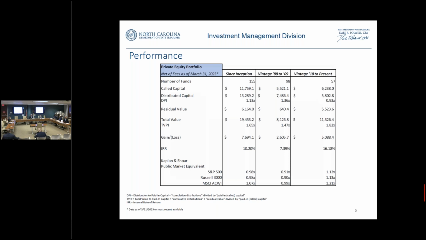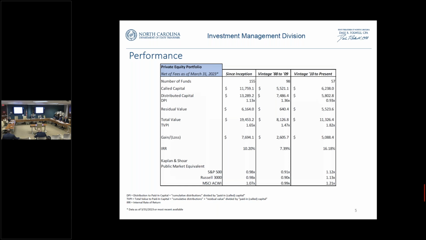That DPI number is simply taking the amount that we had distributed and dividing it by the called capital. So for every dollar that went to a manager, we got $1.13 back. That's 1.13x. However, there's a residual value. Obviously, we still have a capital account balance with these managers, which is slightly less than $6.2 billion. If you were to add up the distributed capital, 13.3, plus the residual, 6.2, you would get to that $19.5 billion total value,